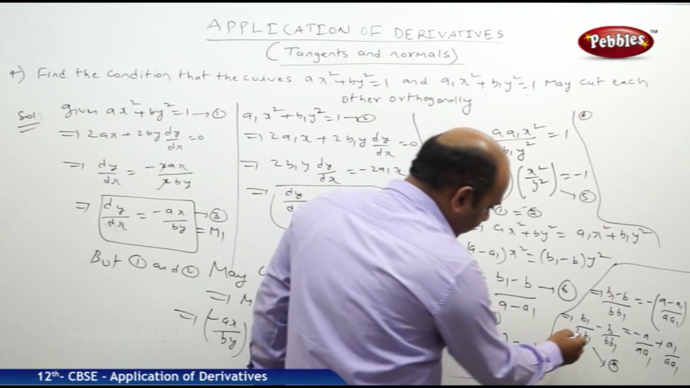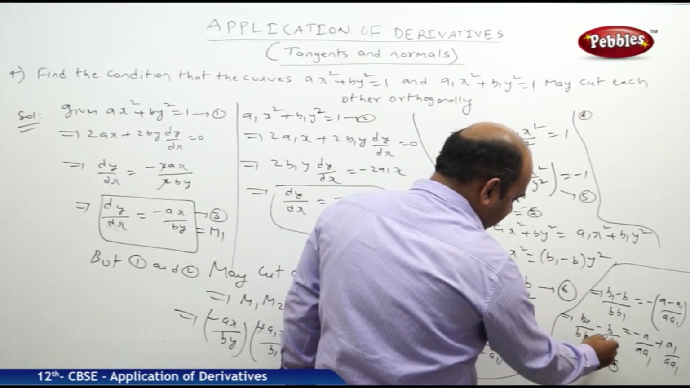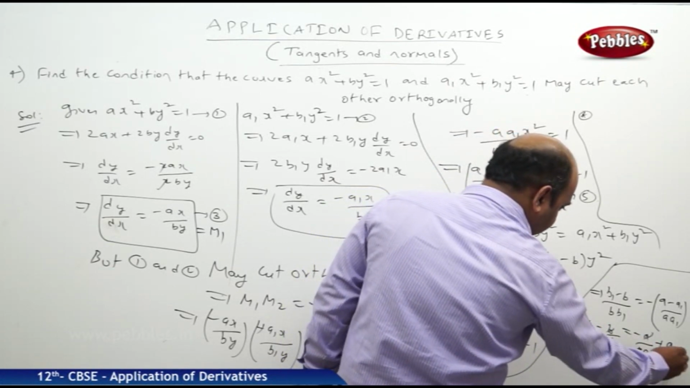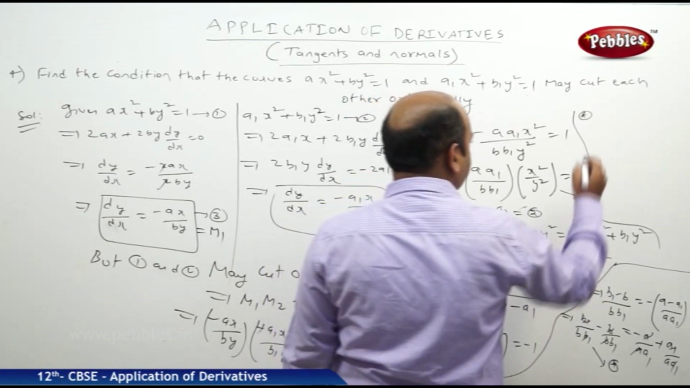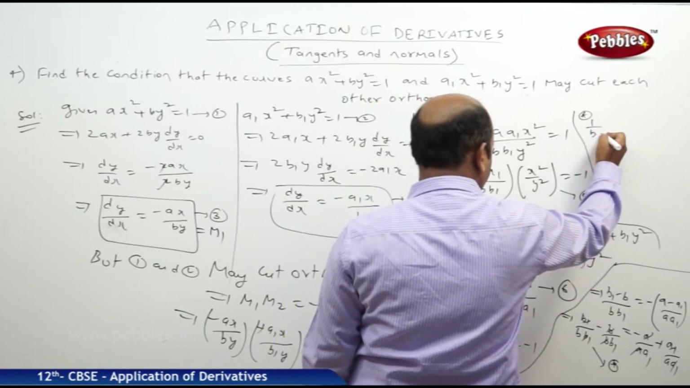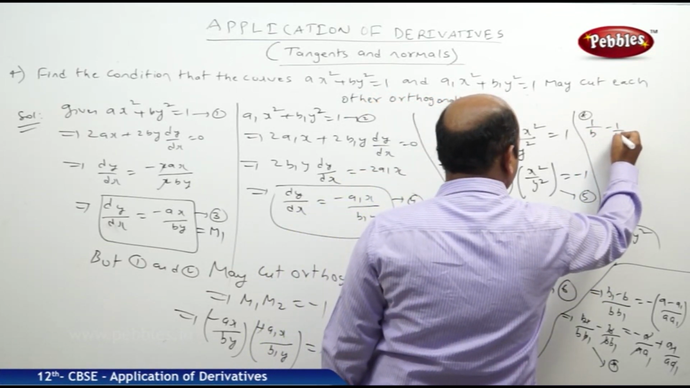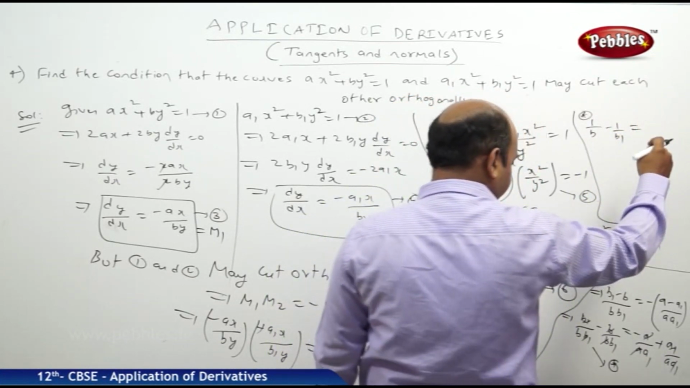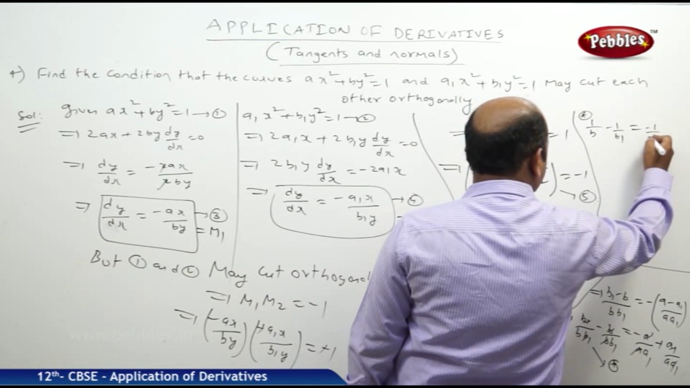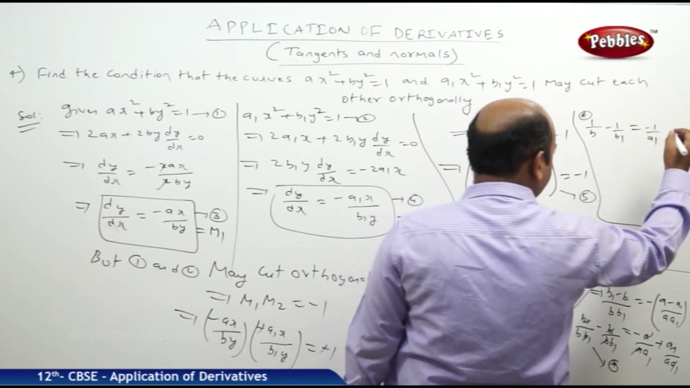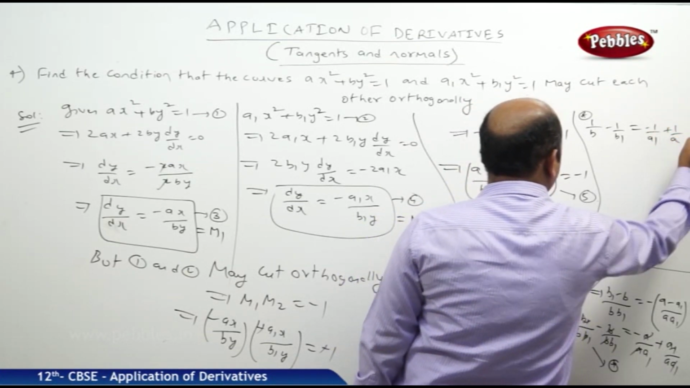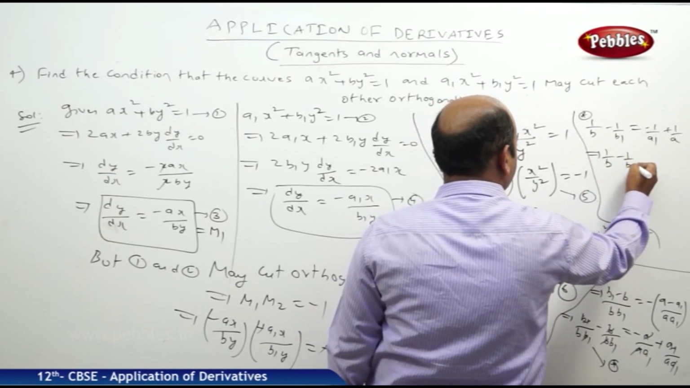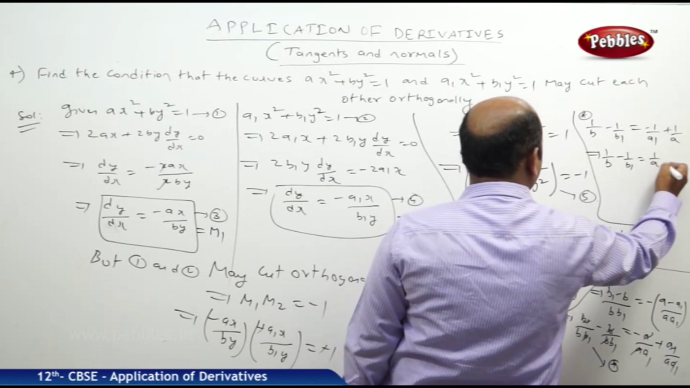So I think here b1 cancels, and here b cancels, here a cancels, and a1 cancels. So for us finally what remains? 1 by b minus 1 by b1 is equal to minus 1 by a1 plus 1 by a. So writing in a very neat manner, 1 by b minus 1 by b1 is equal to 1 by a